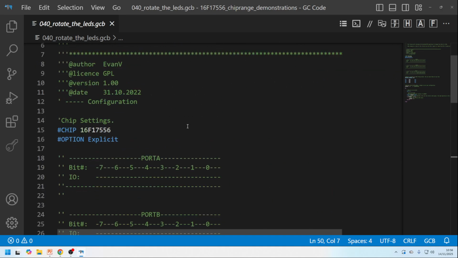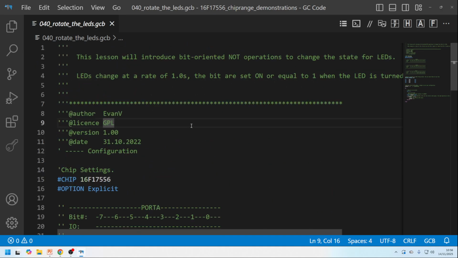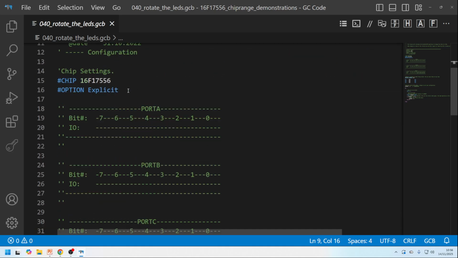We're looking in the code. So let's walk this code and see what it says in here. Remember, anything in green is a comment. You can review that at leisure. So these two lines here are crucial. The first line, #chip, tells the compiler which chip you're intending to use. And option explicit is really a good practice to ensure that you've defined all your variables. You might think that that's not important. You will learn that it is. Option explicit tells the compiler to ensure you have defined your variables,